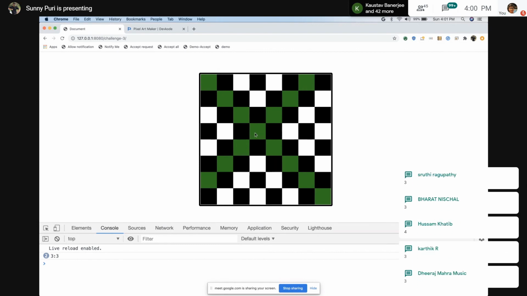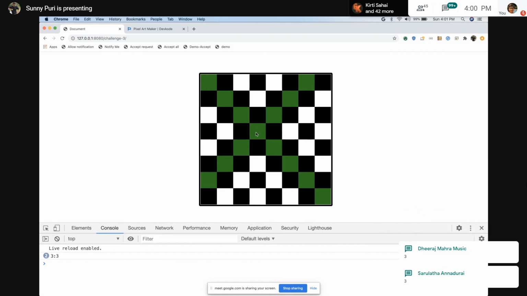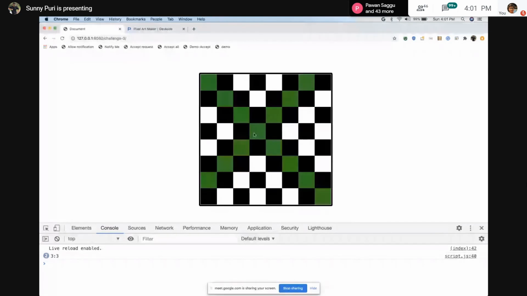So I am saying decrease the row every time in the first loop. Right now it's 3, then it's 2, then it's 1, then it's 0. One loop will go like this. In the other loop, I'm saying increase the row: 4, 5, 6, 7. This is the way I have written two loops. One loop will decrease the row, one loop will increase the row.